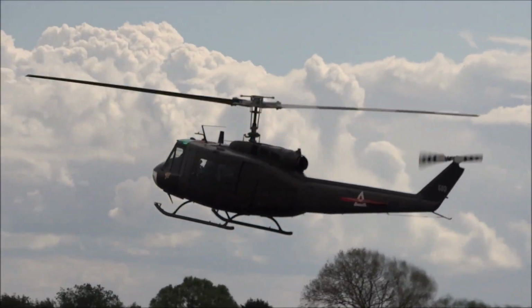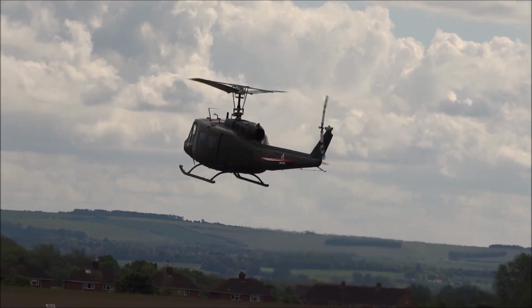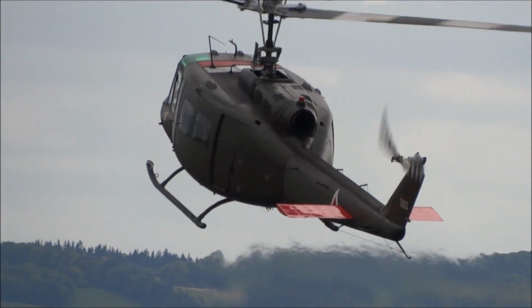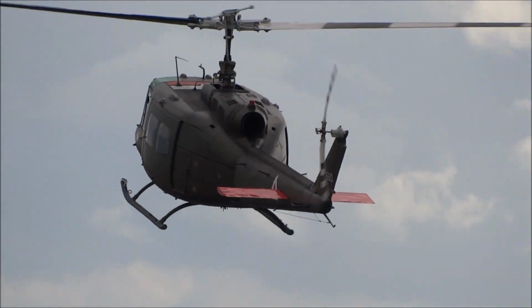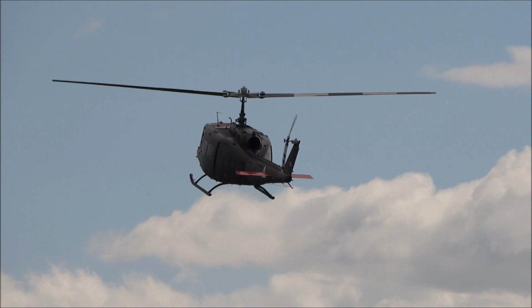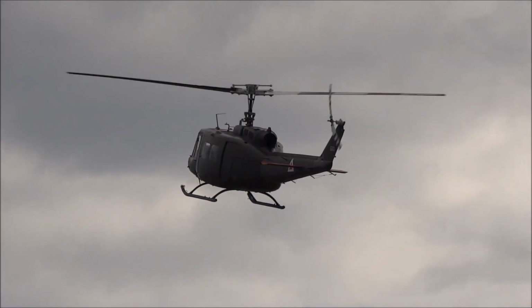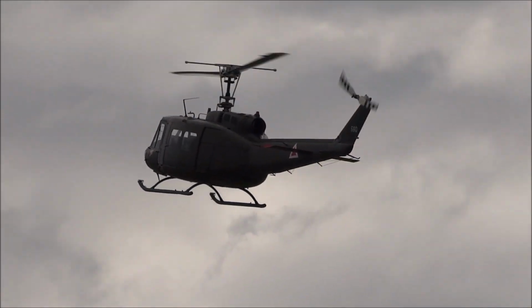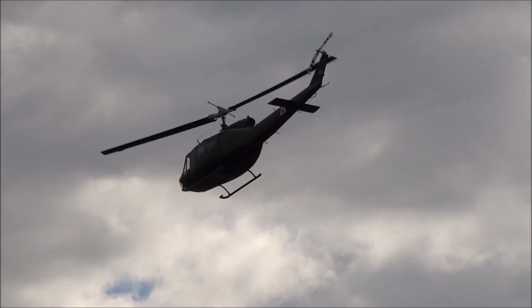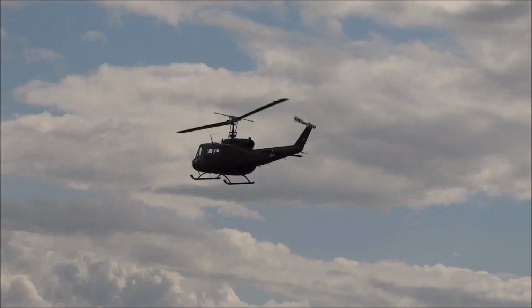Right the way through until the war ended with the Argentine surrender on the 14th of June. Campaign. This helicopter carried on flying, but now with